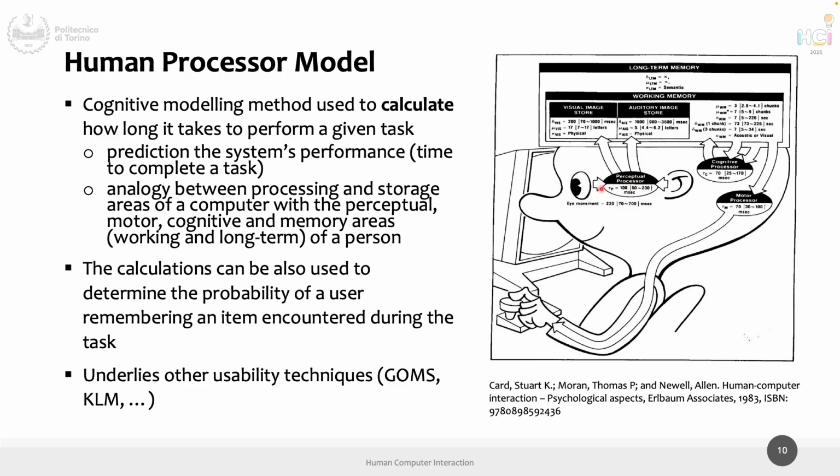And then from both the eyes and the ear, and according to which kind of information you get, if it's visual or auditory, there are other times for storing it in the working memory, and after a while in working memory, it can go into the long-term memory. And then to retrieve information in the working memory, there are other timings, and when you need to get additional information from the working memory, it goes in a cognitive processor that has another